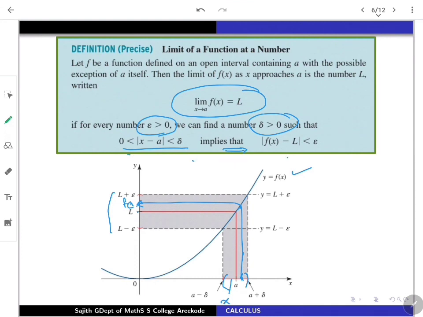Then we say that f of x has the limit L as x tends to a. This is the precise way of defining the limit. So we have all freedom to look at all the examples, the theorems and even proofs we can supply, whatever we have done. Some easy exercises can be done with, for example, a constant function or a simple identity function. Let us work some of them.